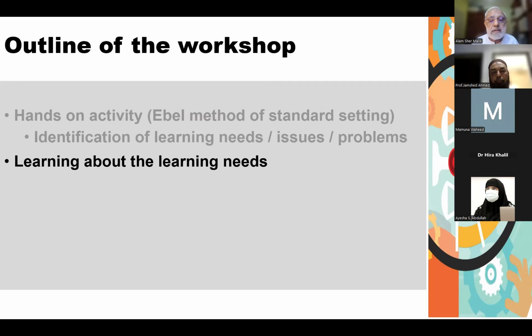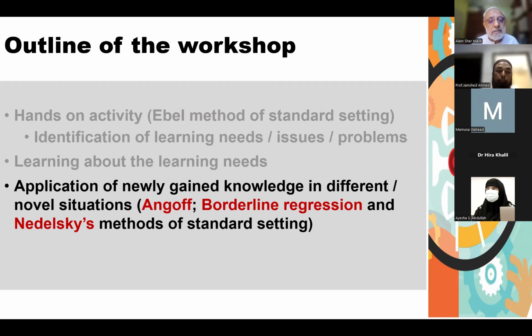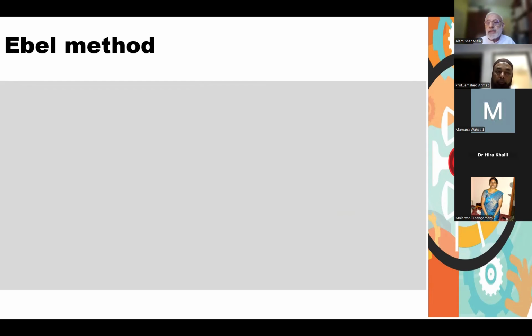From this activity, we would identify the things which we want to learn about standard setting, that is, identifying our learning needs. And then we will discuss those learning needs, learn about them, and then apply the knowledge we gain to other standard setting methods like Angoff, borderline regression, or Nedelsky's method. So that's the plan, and inshallah we'll try to follow that. Okay, now